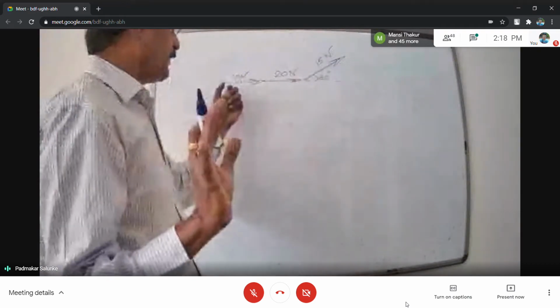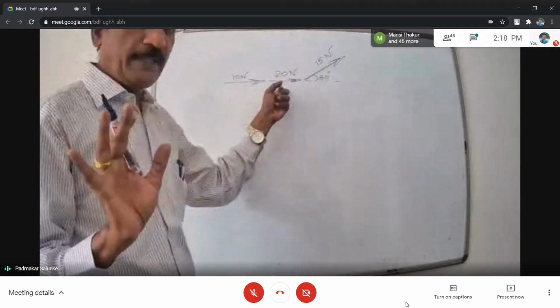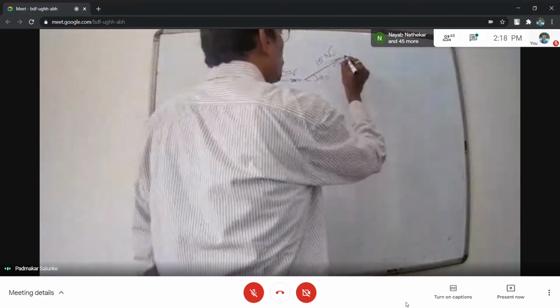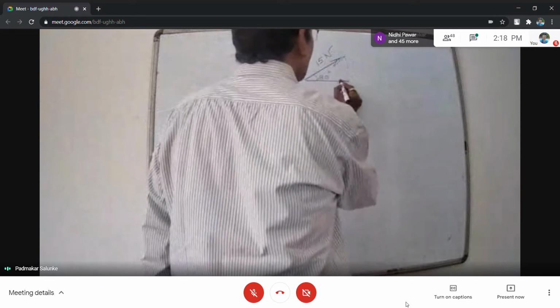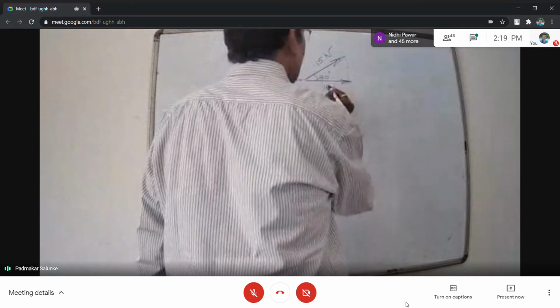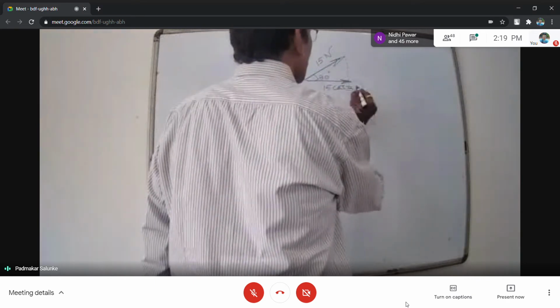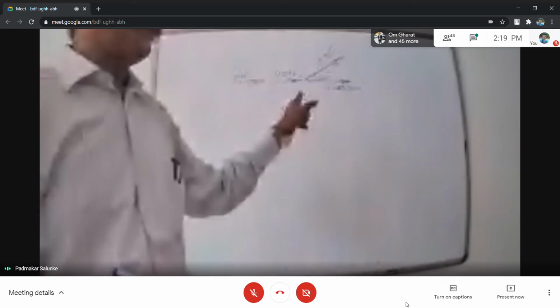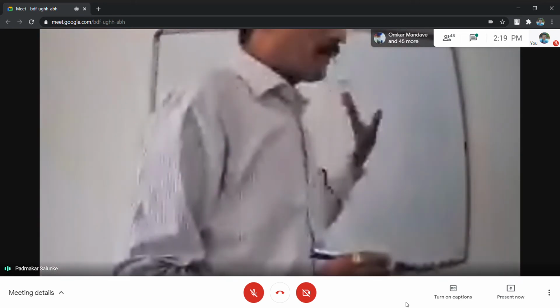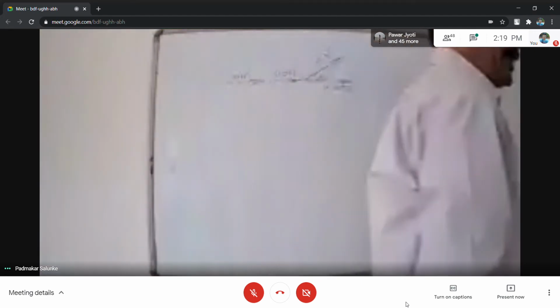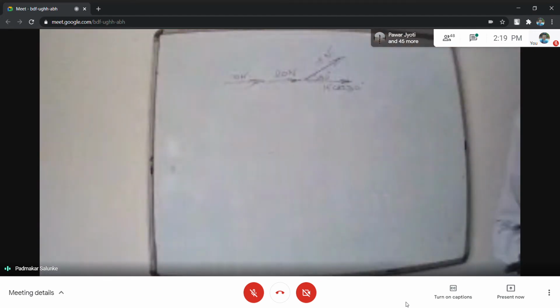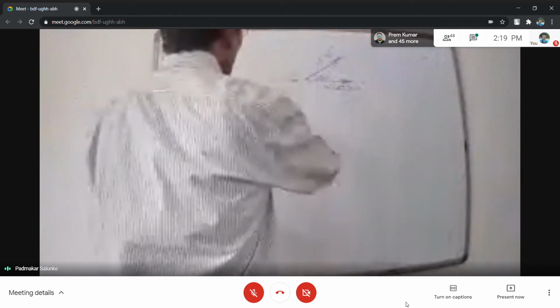So what do I have to do? 10 I have to add, plus 20, plus the projected length of this force. That projected length I have to add. This projected length we have considered as the component, and the x component is 15 cos 30 degrees. Because of that, we have to go for one more operation, which we have already discussed, and that operation is called the resolution of the force. So you have to work on the resolution of the force.